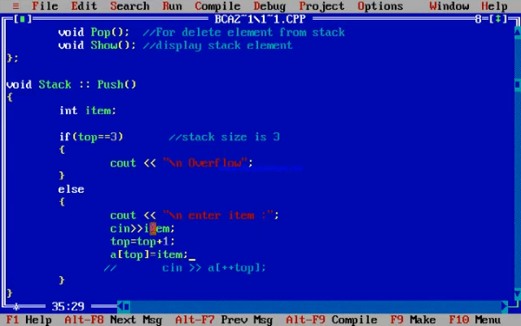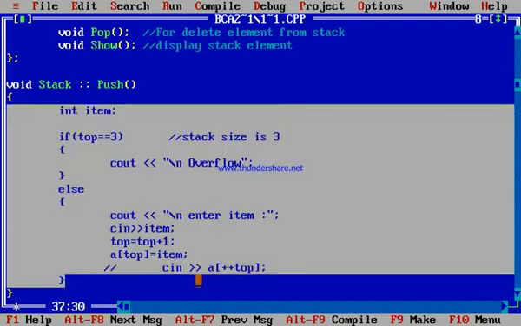Now the atom which the user enters will be assigned to A of top, meaning A of one position. Now this is the push function in which two conditions are there.